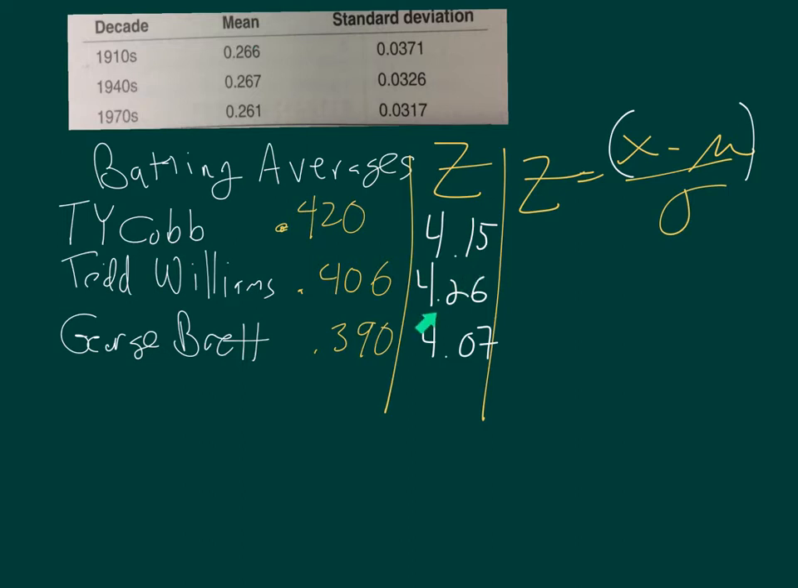Ted Williams is 4.26. Wait a second. Lower number, but higher z-score. Well, that's because the spread is so much different. This one has a much larger spread, which means there's much more variability. So if I were to make a hypothetical graph of this one,